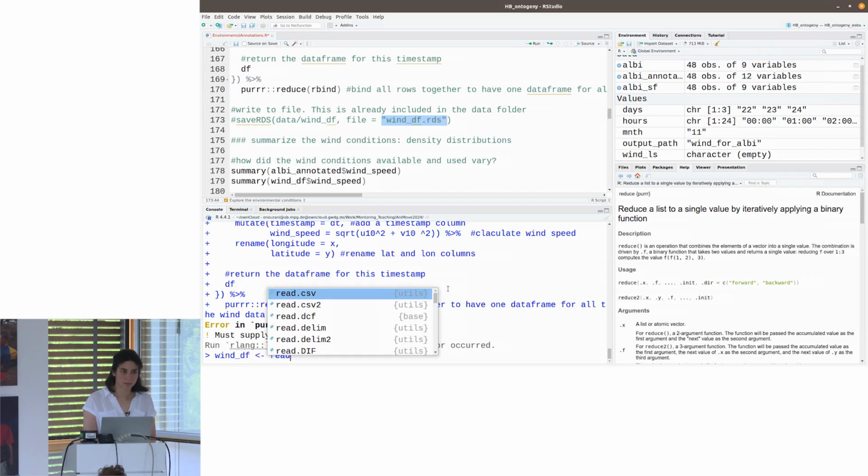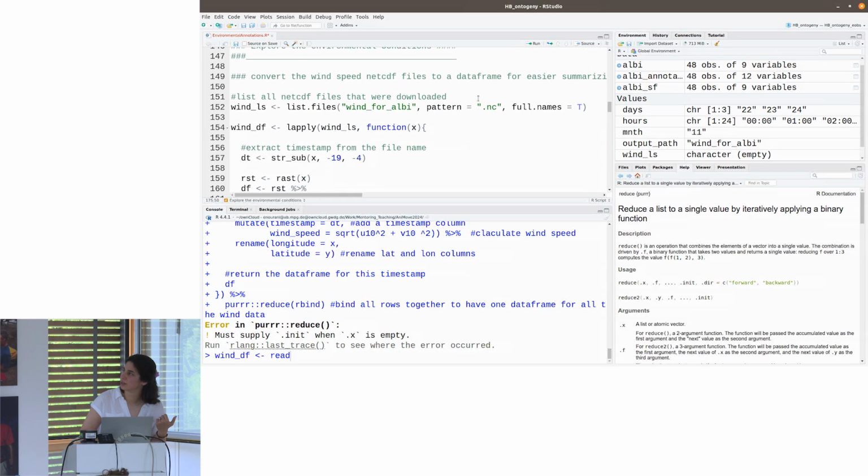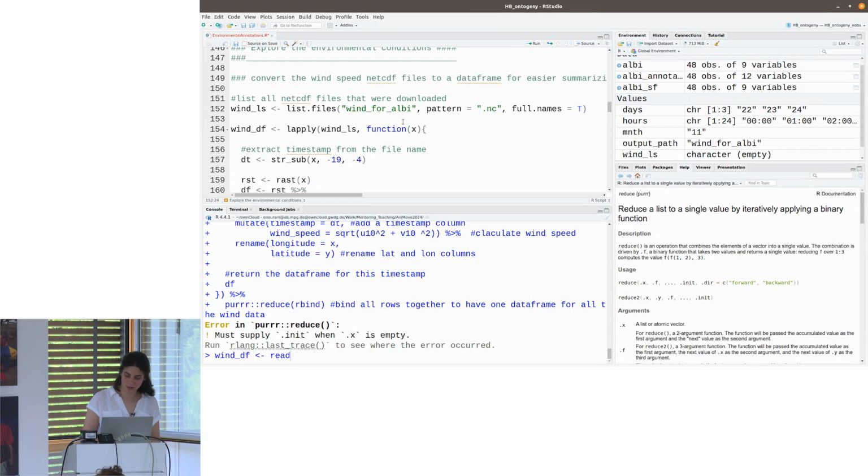I think it's in the file path. Yeah? Yeah. It has to be data. Oh yes, good point. Yeah. Yeah. Thank you. All right, okay, so,